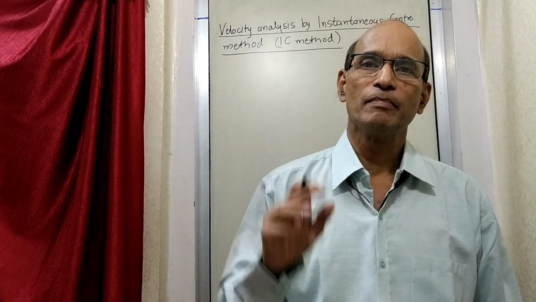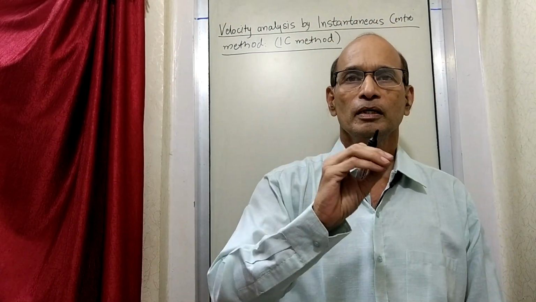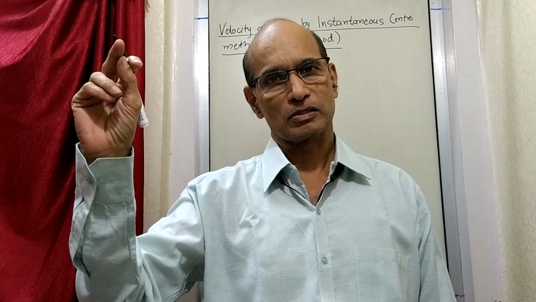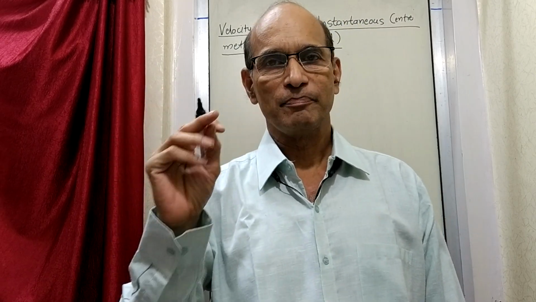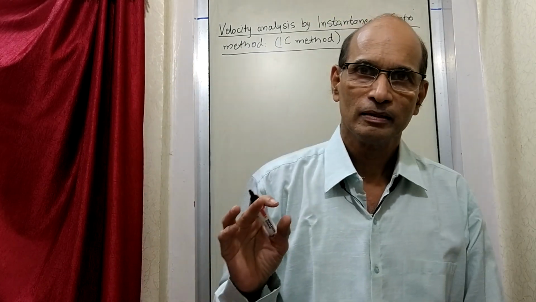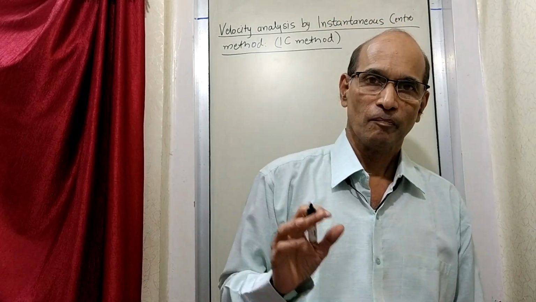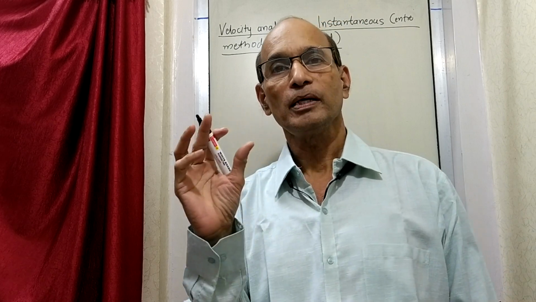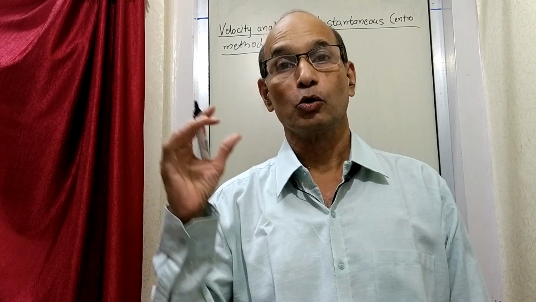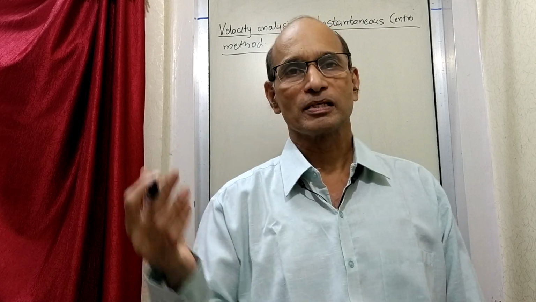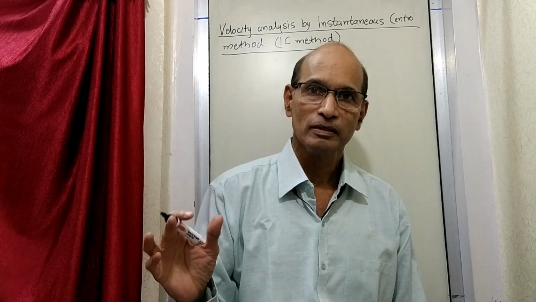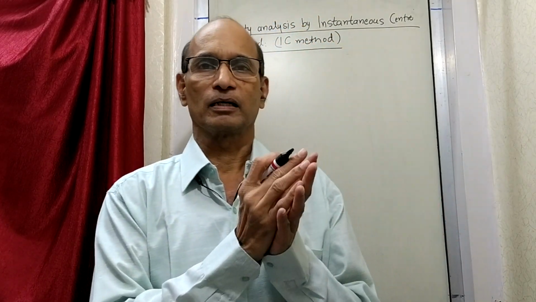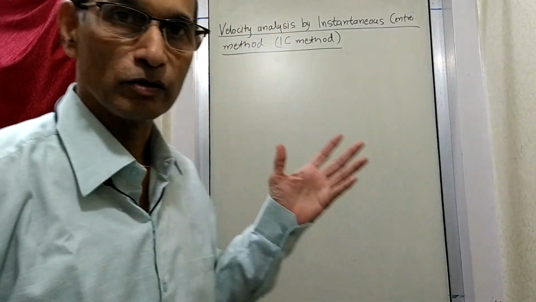What is the basic concept? Basic concept is velocity is equal to angular velocity into the distance. So V equals R omega. That basic principle will never go anywhere. It will still be the same, but the application of that particular formula is going to be different. How that formula is looked upon is different, the process is different, the method is altogether different. The results we are going to get are the same. So let us see what it is all about.